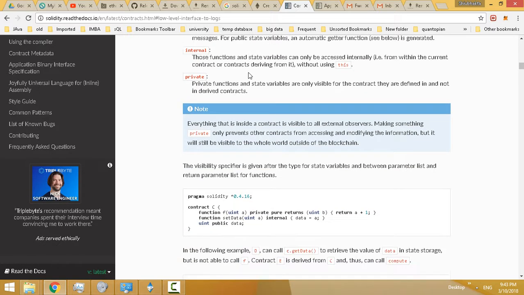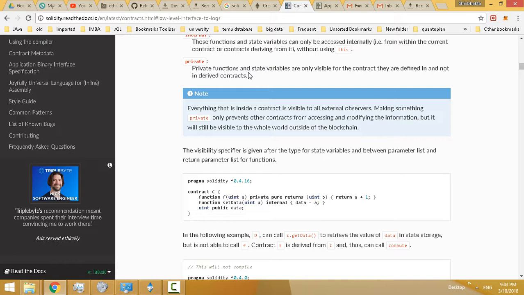Everything that is inside the contract is visible to external observers. Making something private only prevents other contracts from accessing and modifying the information, but it is still available to the whole world outside the blockchain. The visibility is given after the type of a state variable and between the parameter list and return list of a function. So: contract C { function f(uint a) private pure returns (uint b) { return a + 1; }